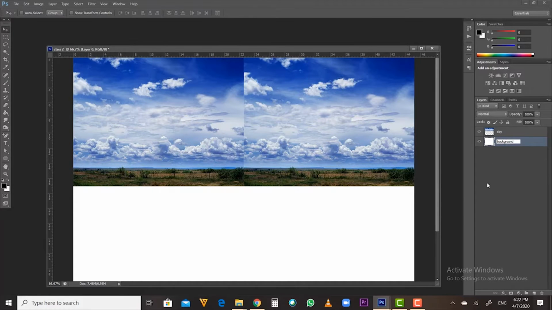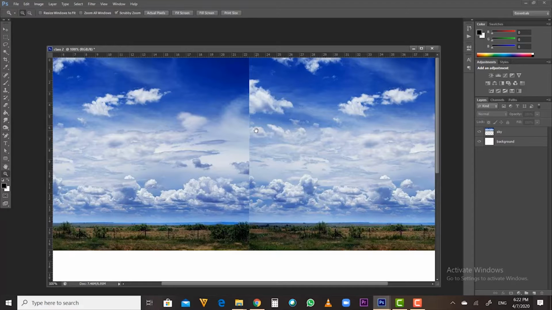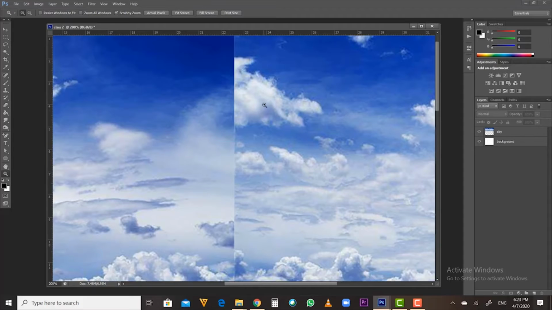This is the background of the project. You can see here, guys, if you zoom in a bit, you will see there is a very sharp edge between these two images. And how I'm going to fix that, I'm going to zoom once more. All right,